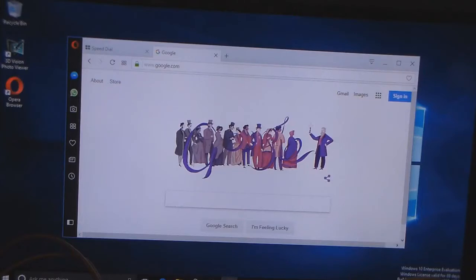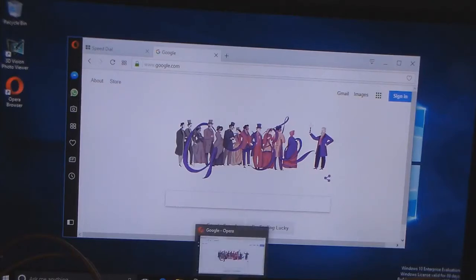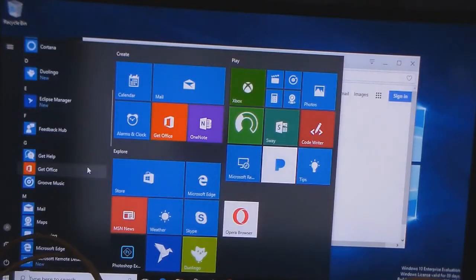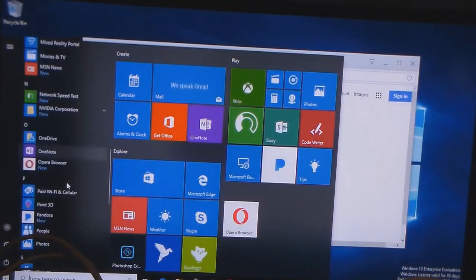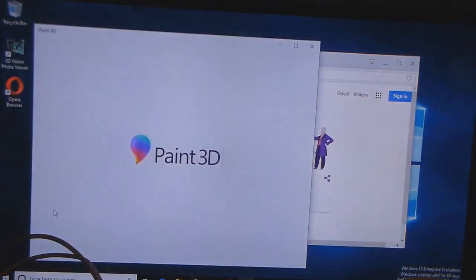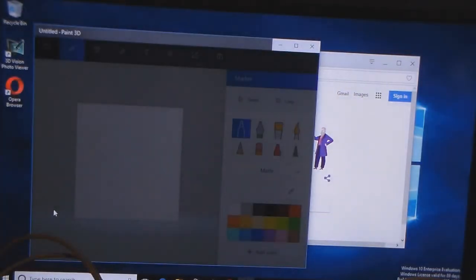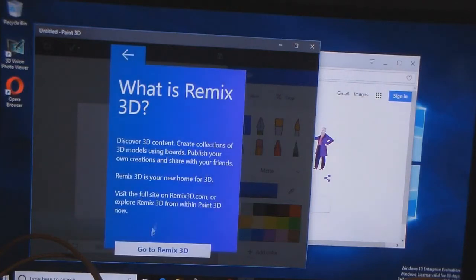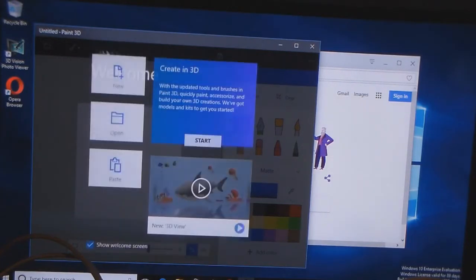And they replaced it with this. It's something called Paint 3D. Right, so this is Paint 3D, and it's actually quite interesting on how you can create stuff. But